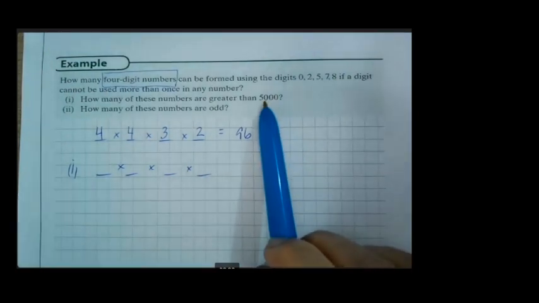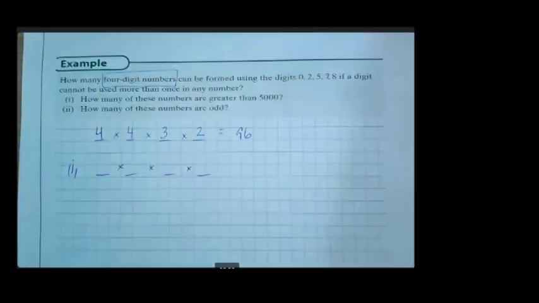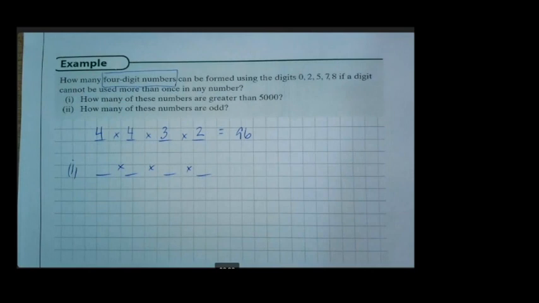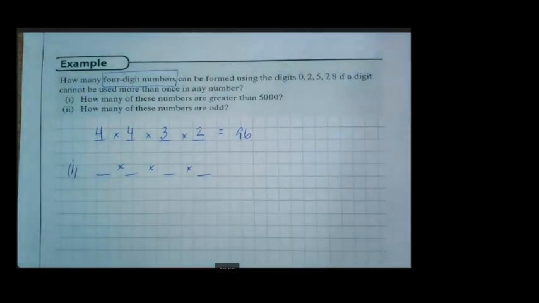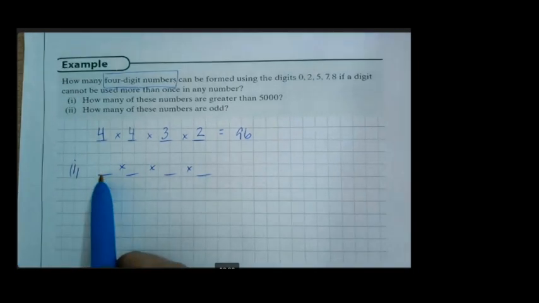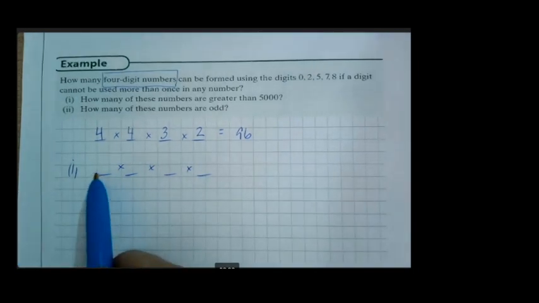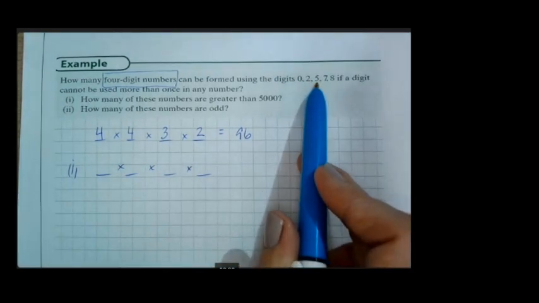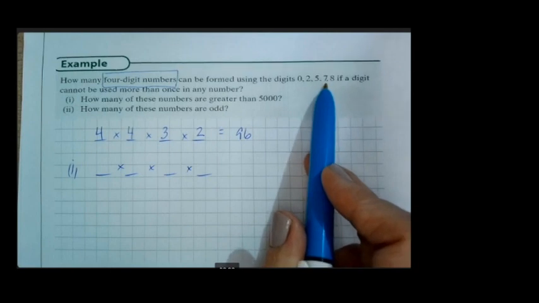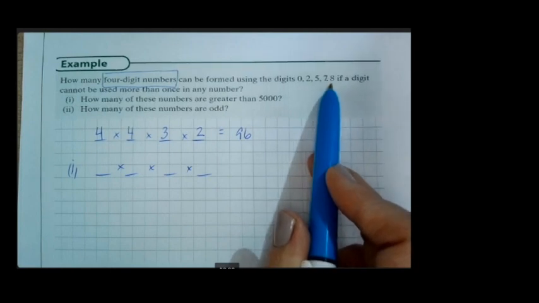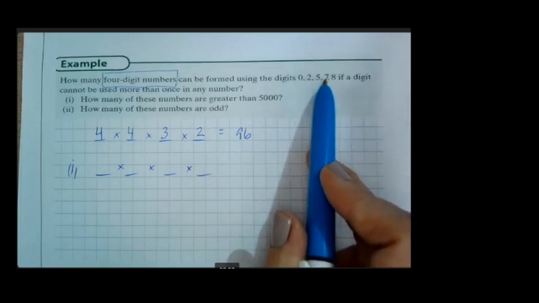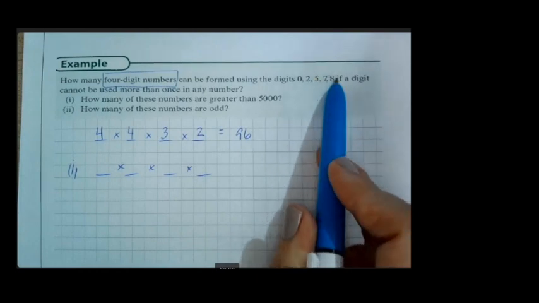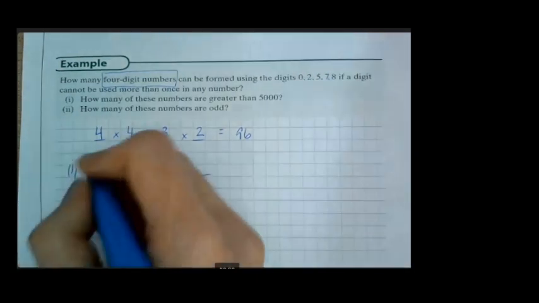Now, if it's greater than 5,000, what do we know about that number? Well, it definitely can't start with a 0. It also can't start with a 2. It could start with a 5 or a 7 though, or an 8. So it could start with a 5, 7 or 8, which means there are 3 options only for that first